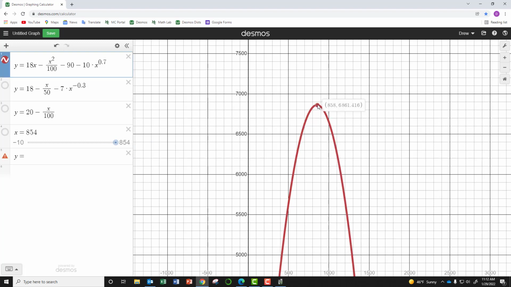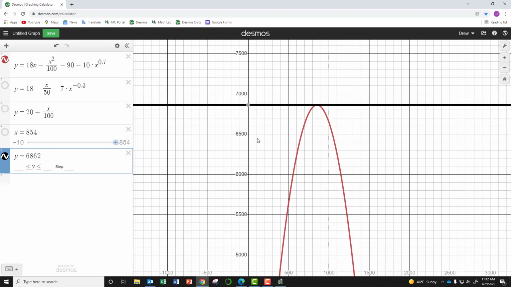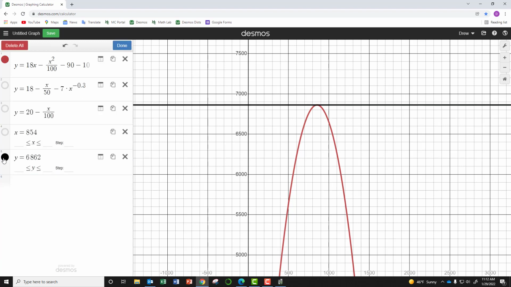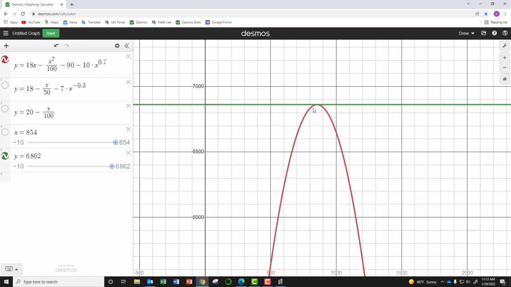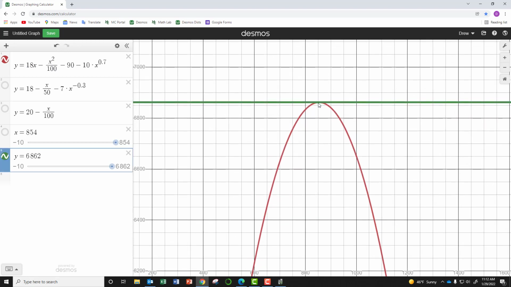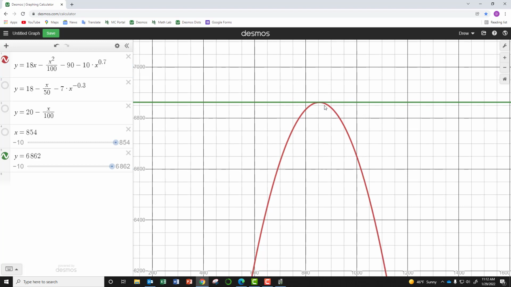And so let's do a horizontal line at the point 6862, my maximum profit. And this line right here, I'll put it in green. This line is going to be tangent to my red curve at the point where the maximum profit is. So you know the slope of this tangent line is 0, and that gives me an intersection with my maximum